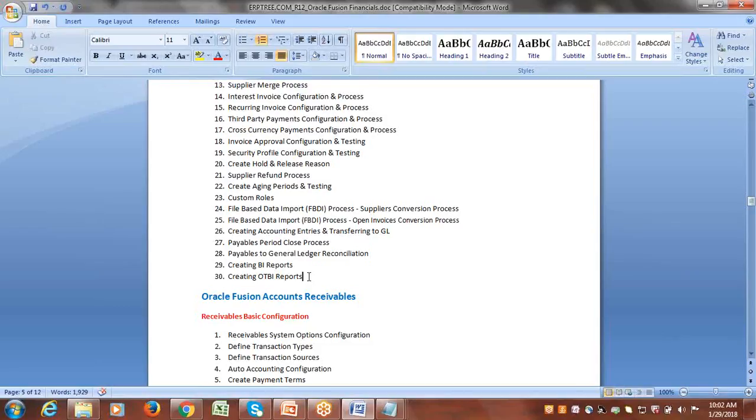It's not only for Fusion. If some client is using OBIEE, they can get BI, OTBI, and many other options. But in Fusion, they have given only BI and OTBI. The rest of the OBIEE parts are not given as an inbuilt solution in Fusion. Only these two you can avail.